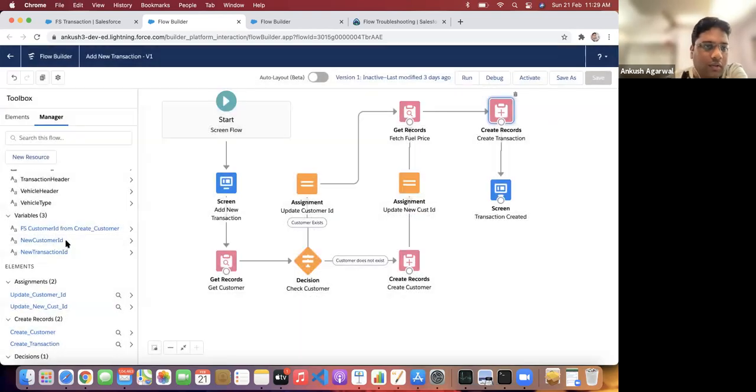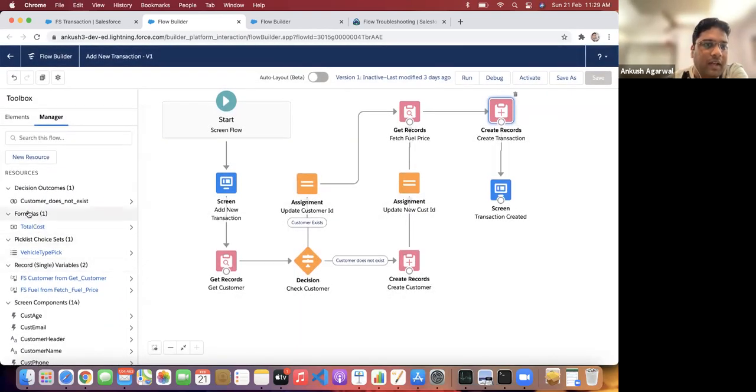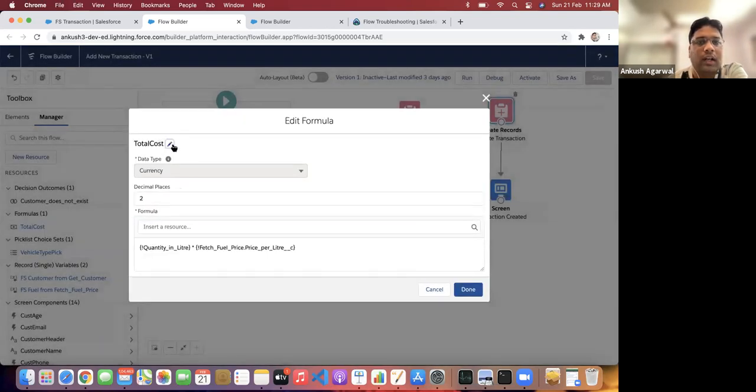For total cost, I have created this new resource. You just have to click on new resource and create one formula type of variable, which will have quantity in liter multiplied by the price of that particular fuel. So we'll get the total cost of that fuel. This was not done by many of the Trailblazers, but yes, you can do it with the formula.